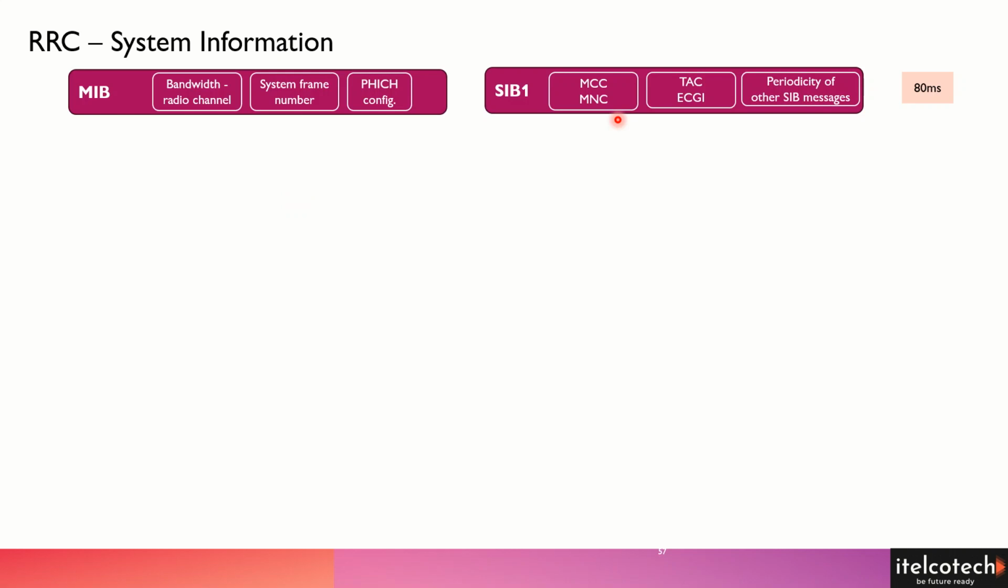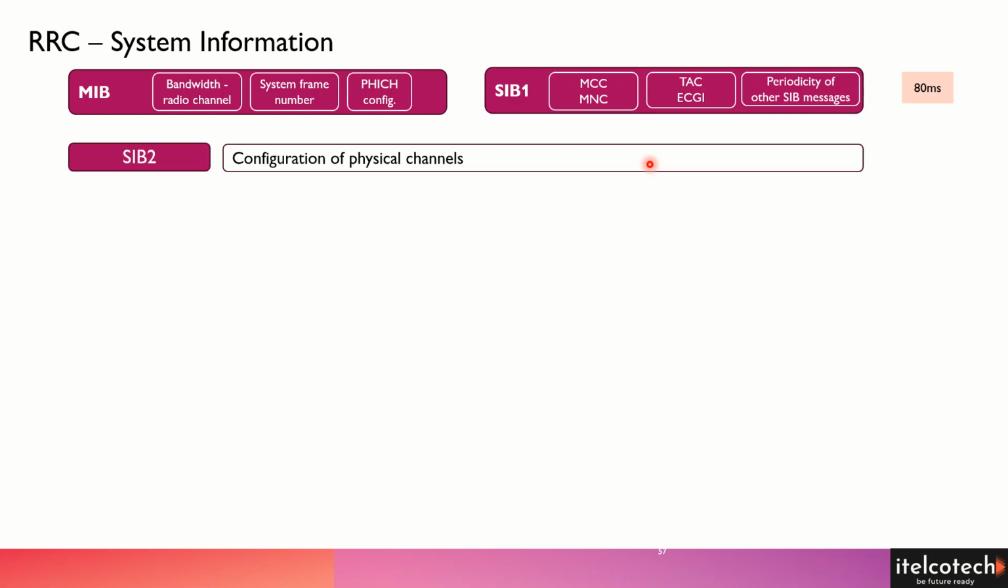So MIB is transmitted every 40 milliseconds, whereas the SIB1, which is the main system information block, is transmitted every 80 milliseconds. It contains the information about the network country code, the network code within that particular country. It contains the tracking area code and the global unique cell ID. It also talks about what the different SIB informations are that need to be sent and what is the